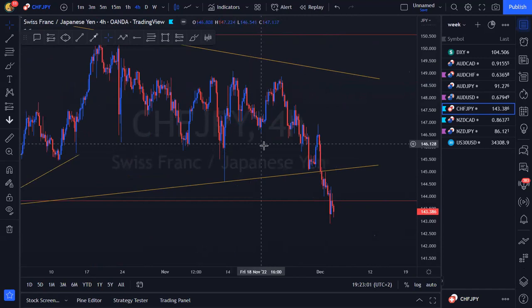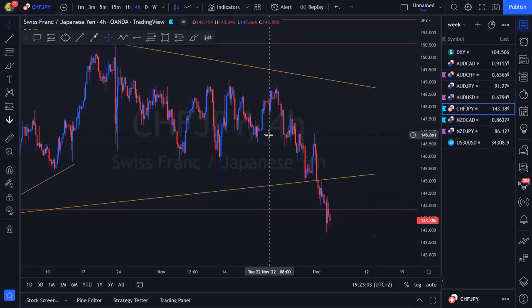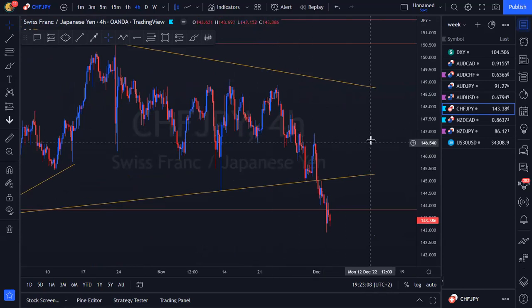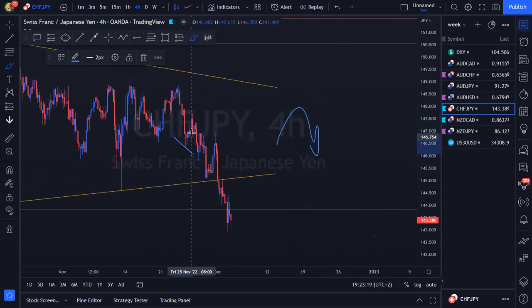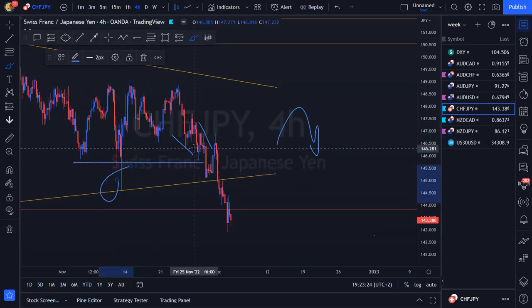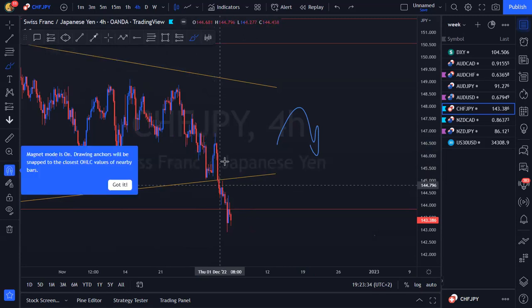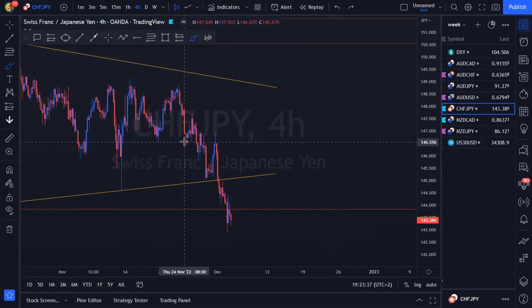This is what happens a lot of the time. What happened to me, and I guess it happens to the best of us at the best of times, is that you have a bias in a specific direction, and over time market makers are going to work you like how they worked us in this area. They even gave us a nice descending structure, perfect confluences, we broke below, whatever. They work us into changing our bias before they actually send price action in the direction that we've been trying to look to trade this whole damn time. But it is what it is. It happens to the best of us. We just trade what we see, not what we assume. So we saw that, we traded that.